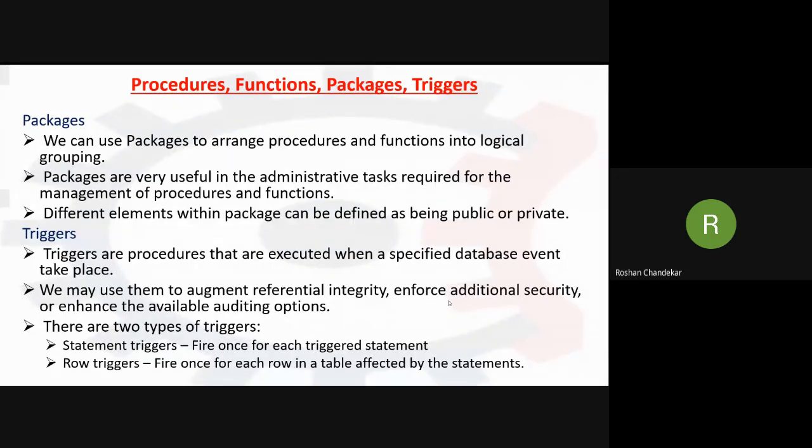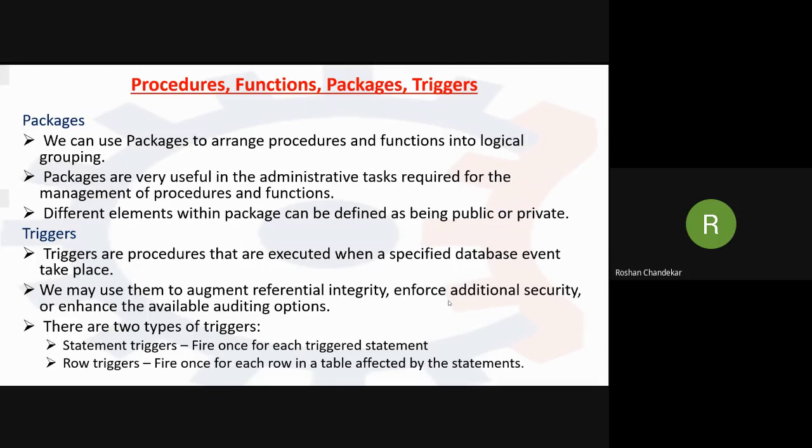The different elements within the package can be defined as public or private. The public elements are accessible to the user of the package. Any user can access the public elements of the package, but the private elements are hidden from the user.